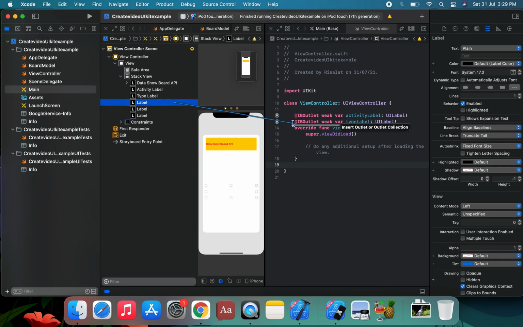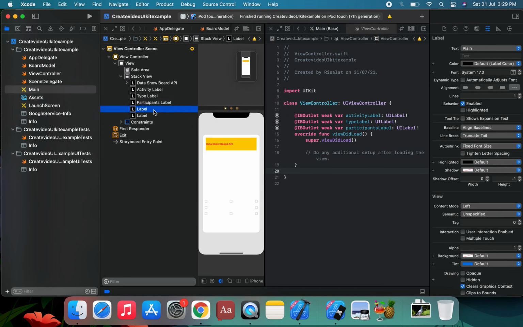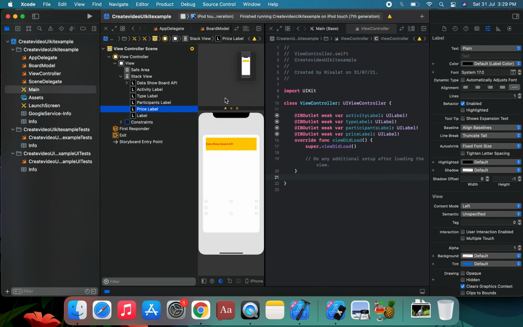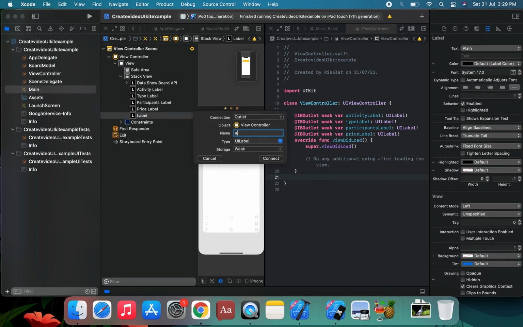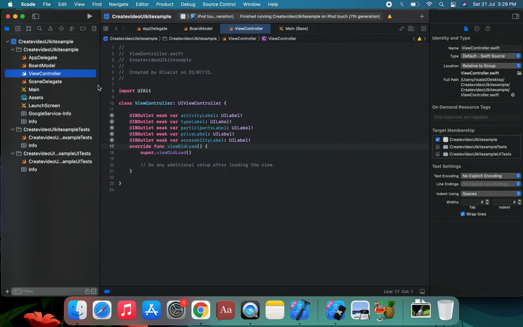Next, the participants label, which has a participants label. Then the price label, which has a price label. And then the accessibility label, which has an accessibility label. Okay, we've created all the outlets.